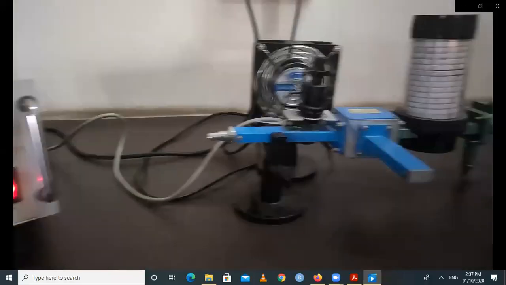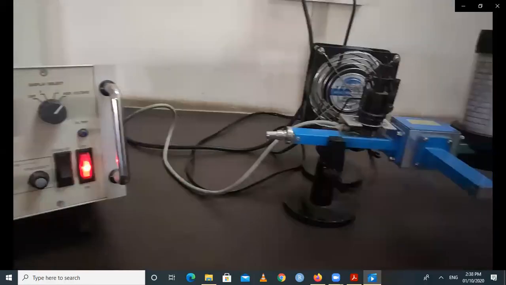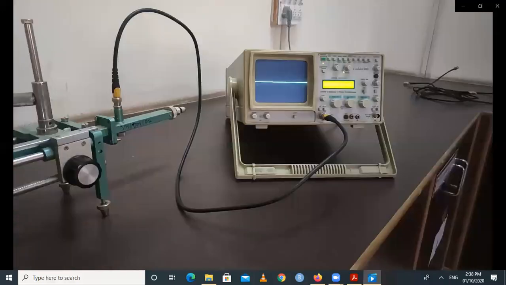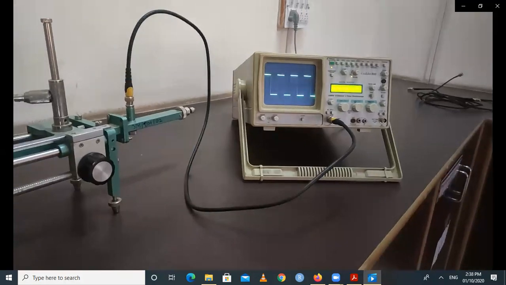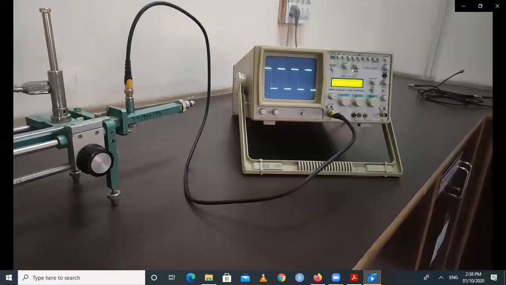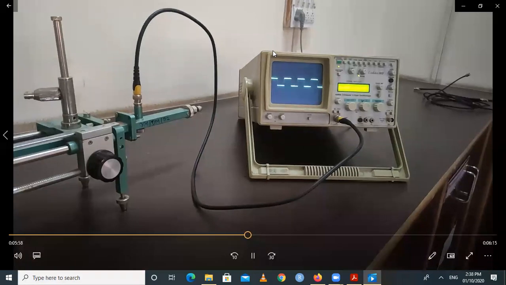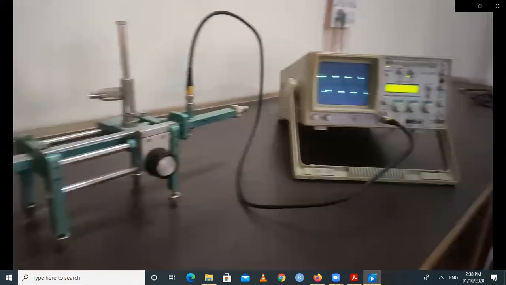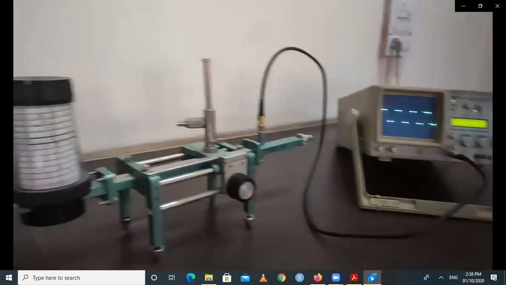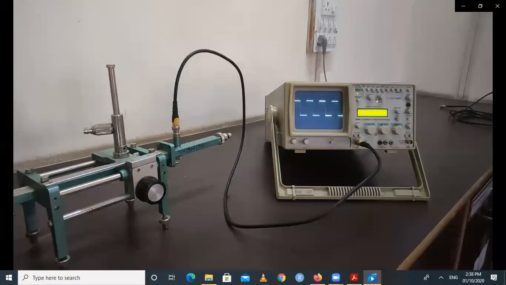So the repeller voltage should be reduced gradually. Initially it is set to the maximum value, say 227, and we have to reduce it until I have a certain waveform on this CRO. So this indicates the first mode of klystron. Then we can say the second mode of klystron is at 123 volt. Then there is a third mode of klystron also, at 83 volt. So in this way you take the observations of